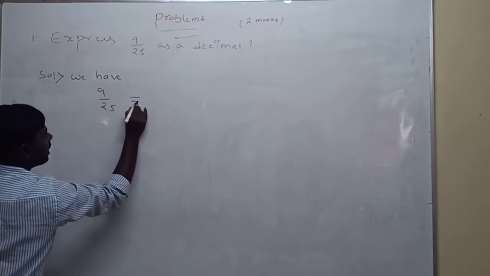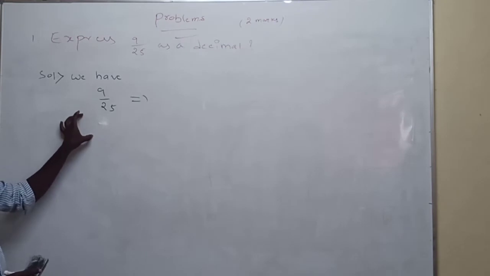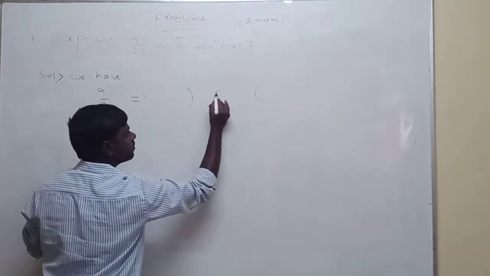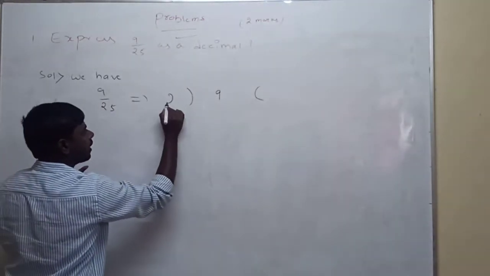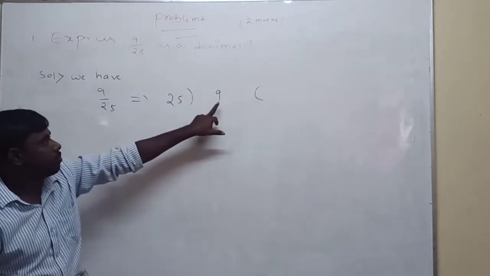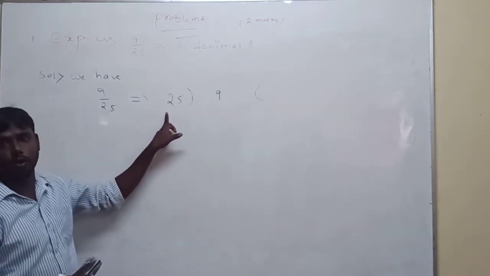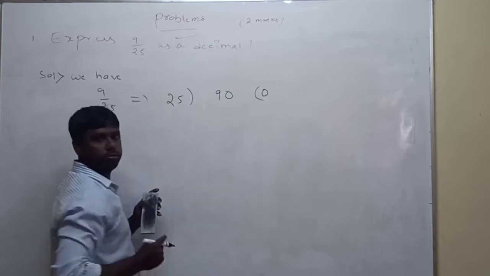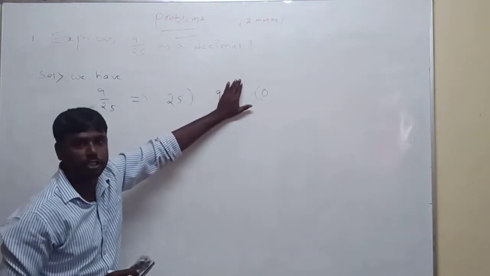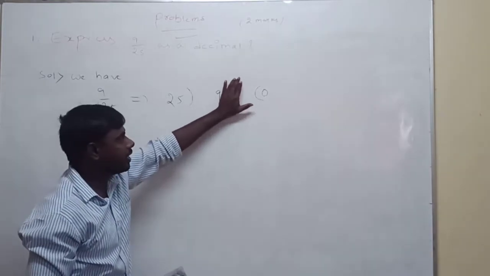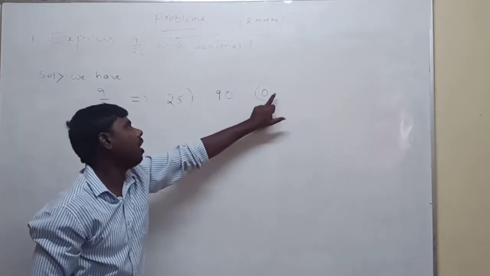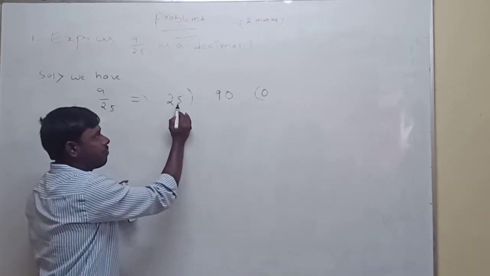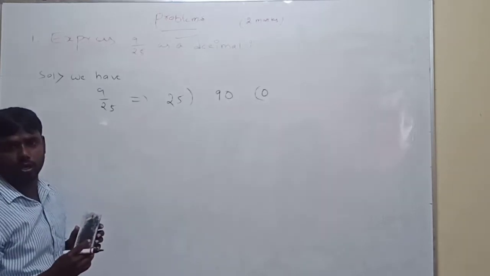9/25. This can be written using the division method. Take two brackets, the numerator value here and the denominator here. Here the smaller value is not divisible by the larger value. That's why take 0, put the point, and after that add a 0. Whenever the smaller number is not divisible by the larger number, put the 0 and the point, and after that add a 0.